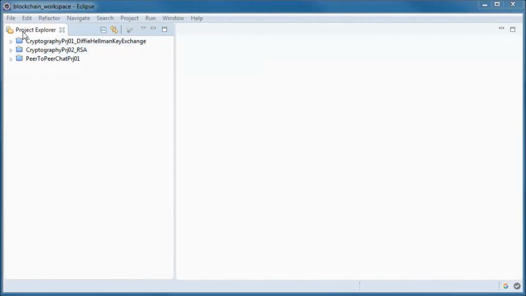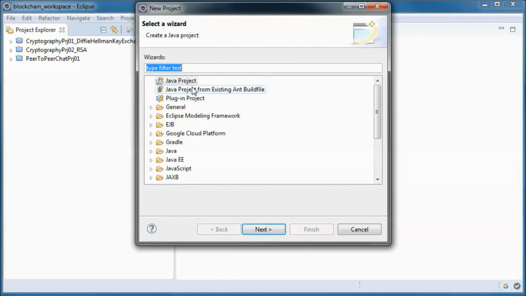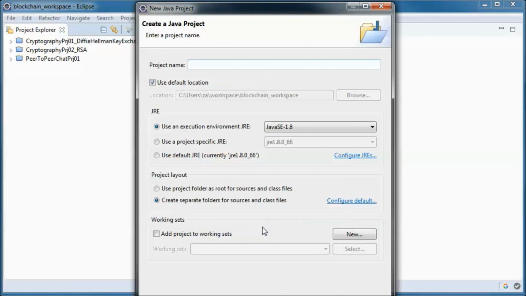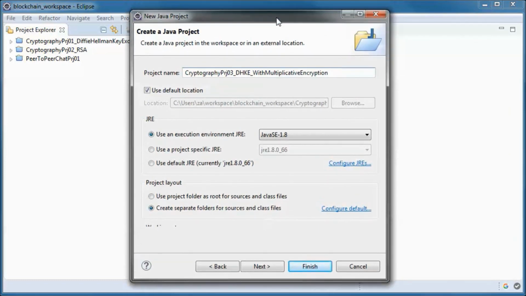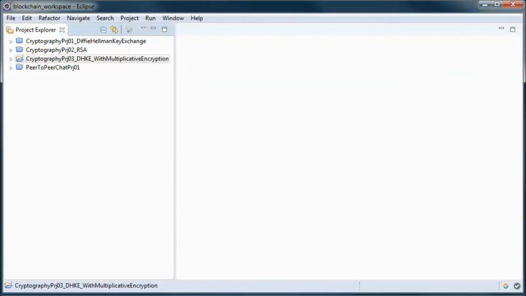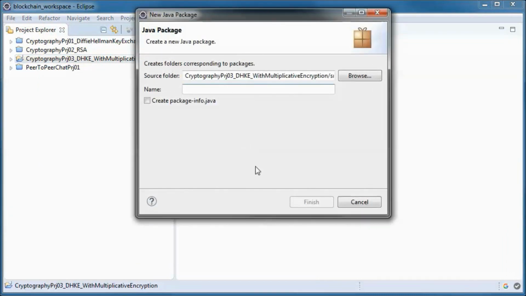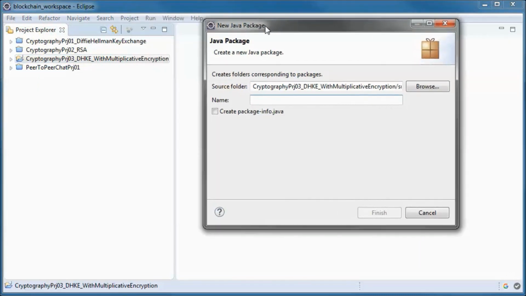I will start by creating a new project, and this will be heavily refactored from the previous Diffie-Hellman key exchange project.